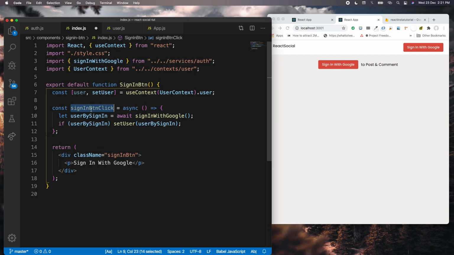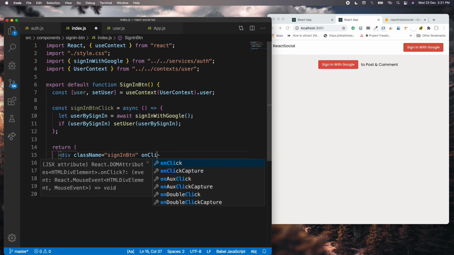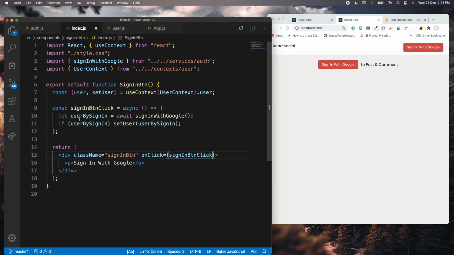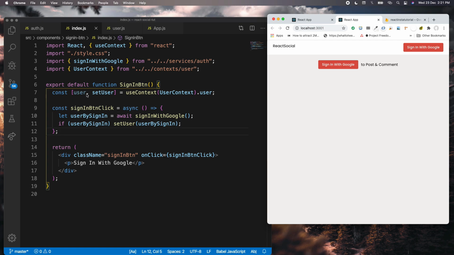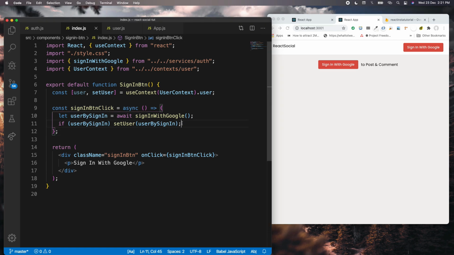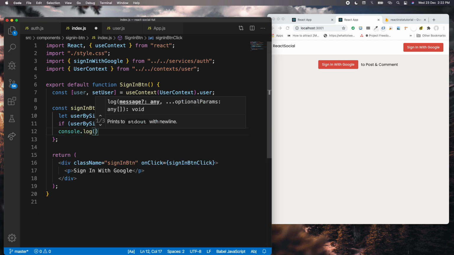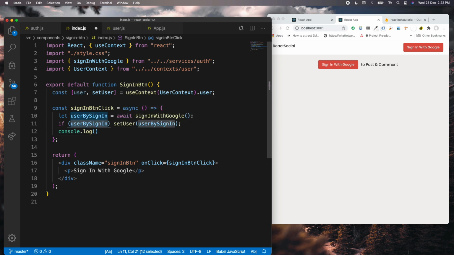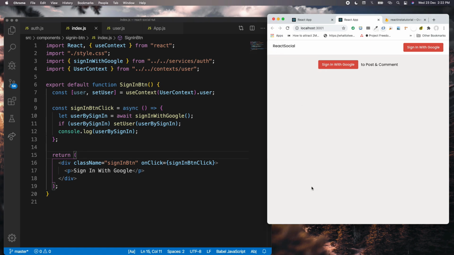Okay, so now what I want to do is, whenever someone clicks on this, because this is the whole button, right? Whenever someone clicks, I want to call this function, which is sign in button click. If I save that, this function will basically set the user here. Just to make sure we can show that we are actually saving the user, we can console.log the user information. So I'm just going to say user by sign in, right? And then I can just save that. So now let's see if this works. I'm going to open up my console.log